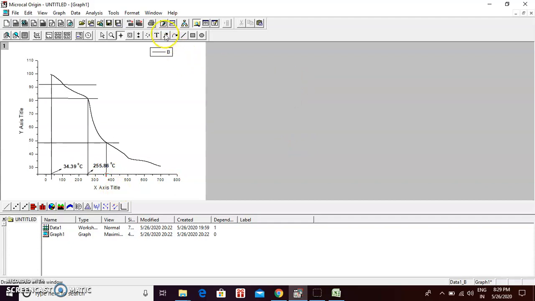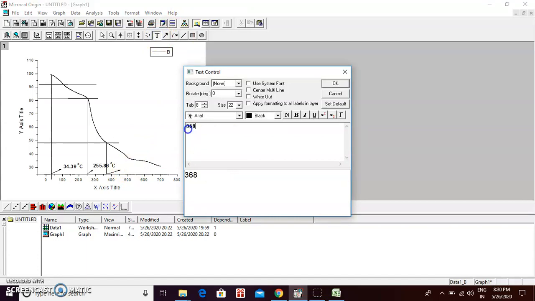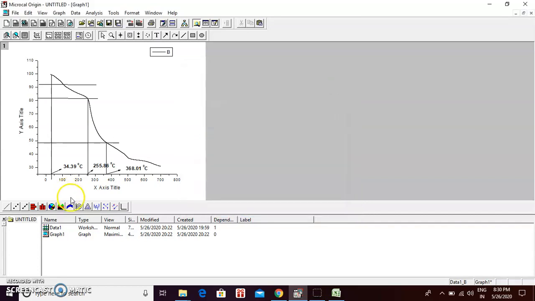You have to note down 368.01 or 368 degrees Celsius, then put the 0 button, make it bold. So this is the third temperature stage where your degradation starts.